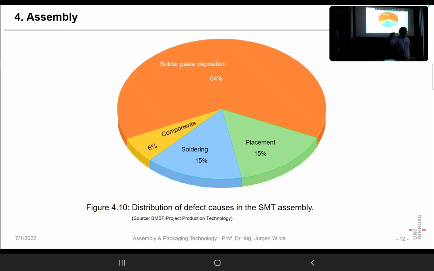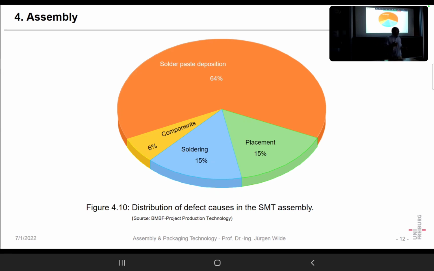Or sometimes, for instance, we always have these belts where the devices are in, and sometimes a device is flipped when it is in that belt. And so if we have a dumb pick and place machine, it doesn't notice, and no matter what the orientation of the device is, it places it. Yes, so that's a placement failure, and in that way